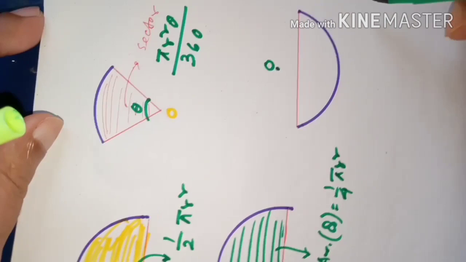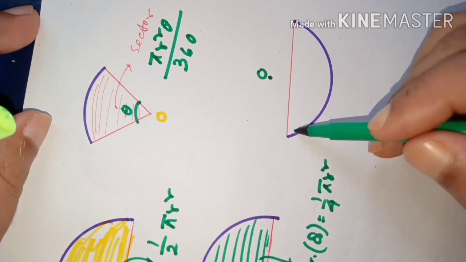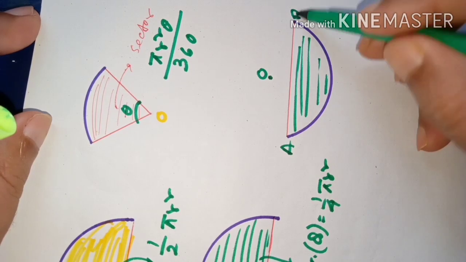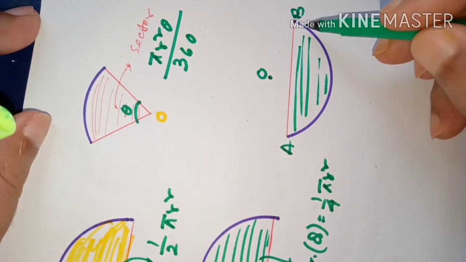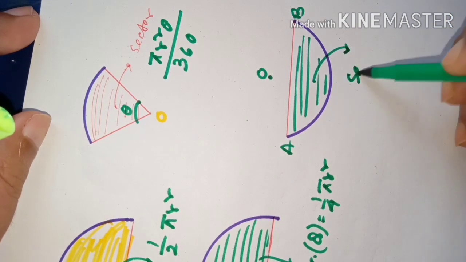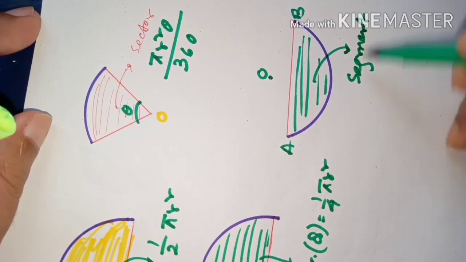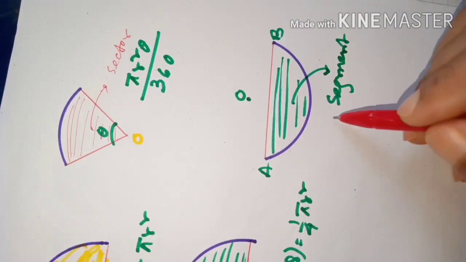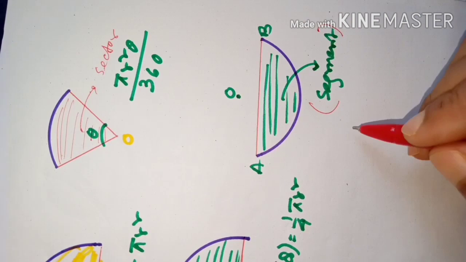Here in this fourth diagram you see this portion between a chord. This is a chord, AB is a chord of the circle, and this is one arc. So the region between the chord and the arc is called a segment. You also know the area of a segment. What was the area formula of a segment? The area of a segment is equal to